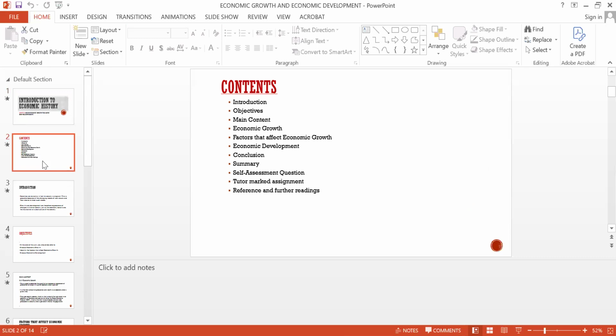All right. So having looked at Rostow's theory of growth, we want to look at the difference between economic growth and economic development. Are they the same? Do they mean the same thing? Does economic growth apply to economic development? This is a key question, because in the exam you will be asked to compare economic growth and economic development and identify the differences. You need to pay close attention.